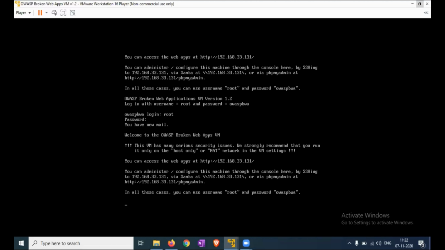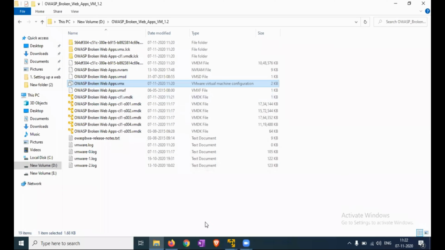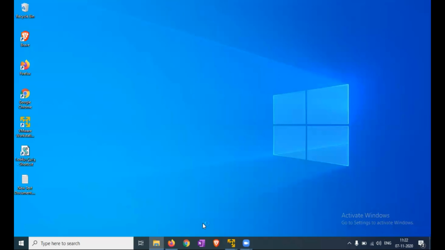Now we can access the web app using the IP address 192.168.33.131. Minimizing that and opening the web browser. You can use any web browser. I am just using Google Chrome.